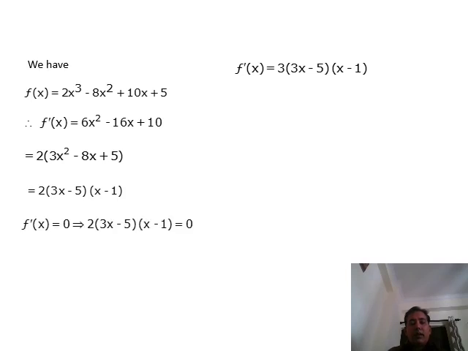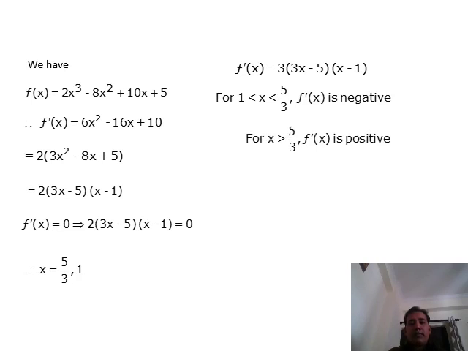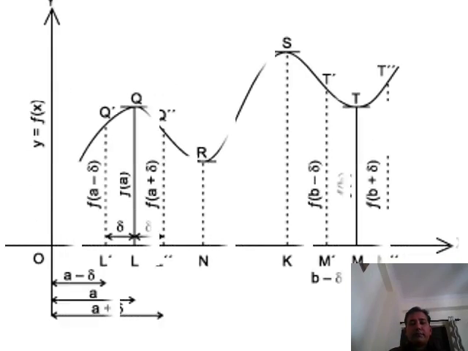Now f dash x equal to 0 means x is equal to 5 upon 3 or 1. Hence, when x lies between 1 and 5 upon 3, f dash is negative. For x greater than 5 upon 3, f dash is positive. For x less than 1, it is positive. Now this is shown in the graph